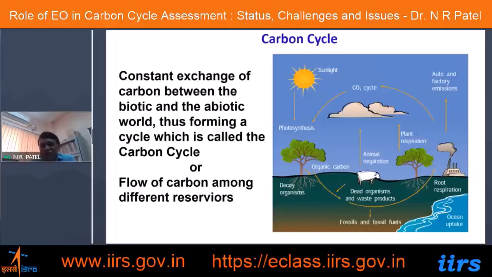By photosynthesis, plants can make food. So almost 120 petagrams of carbon is being absorbed by the vegetation